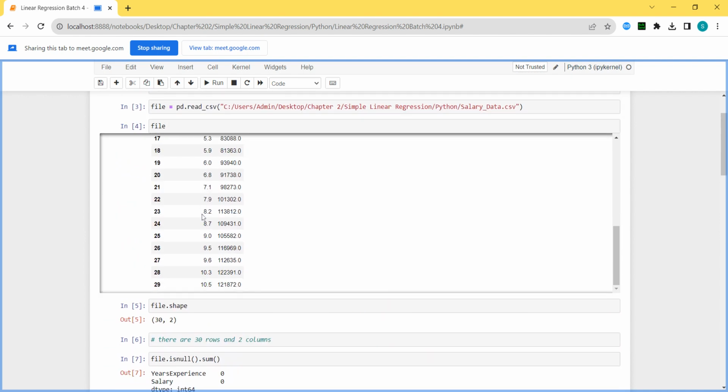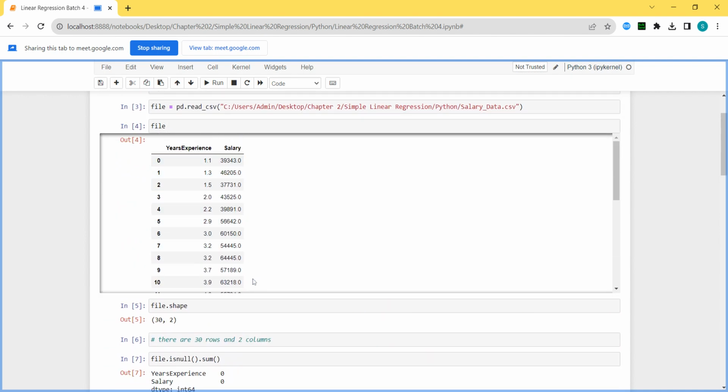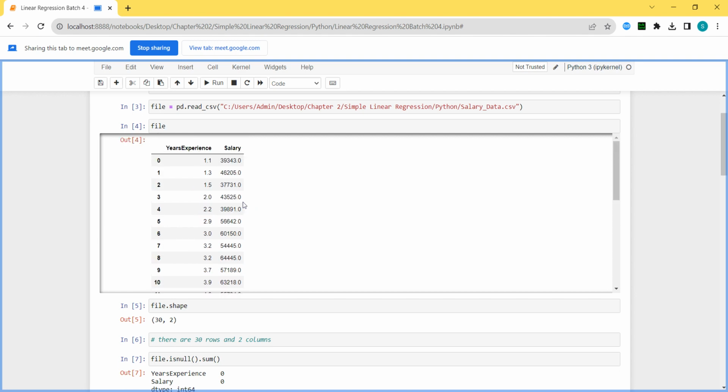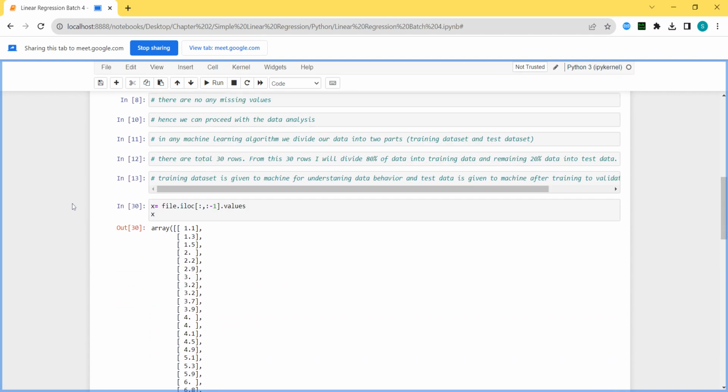How many rows are there? 30. The top 24 rows should be training and the bottom 6 rows should be my test data, or the top 6 rows should be test data and the remaining all training data. It will be chosen randomly by the computer, but at least we got the idea, sir.